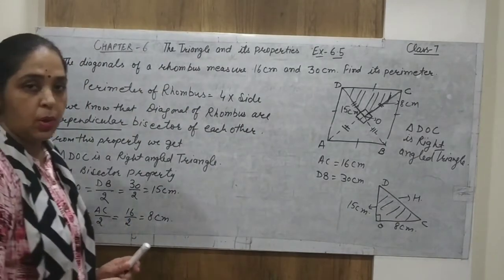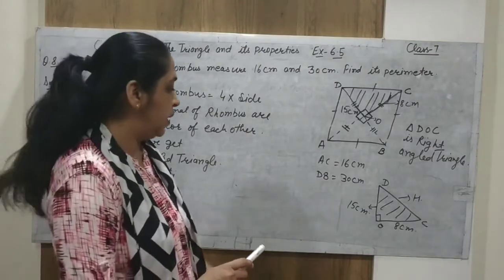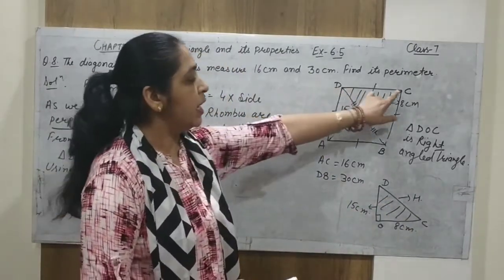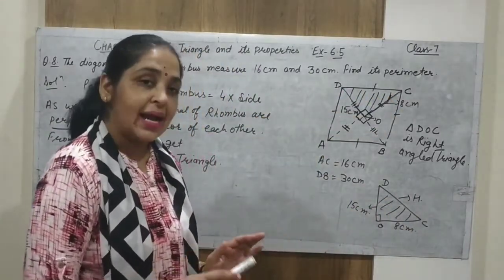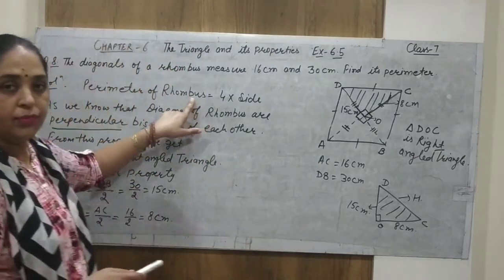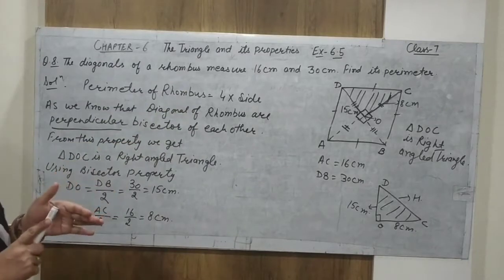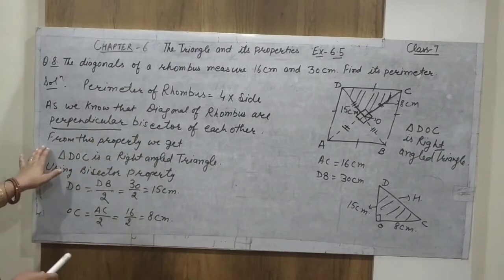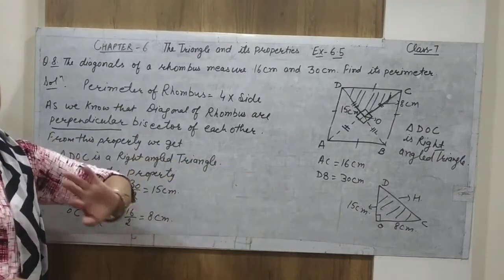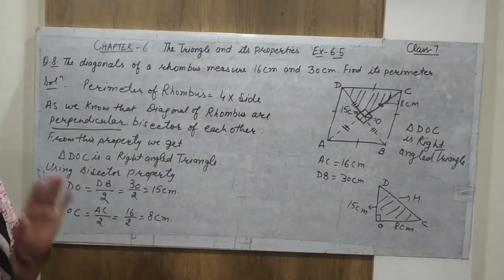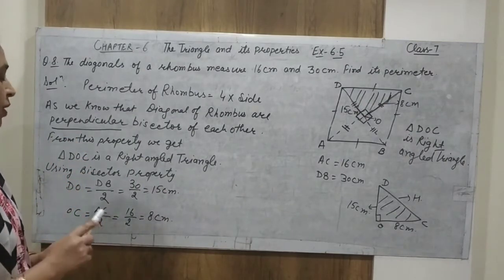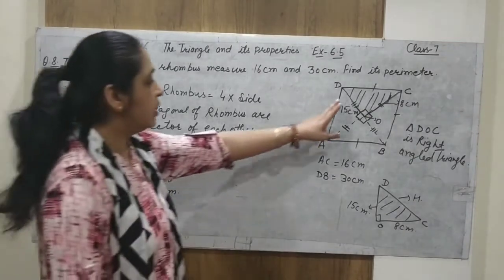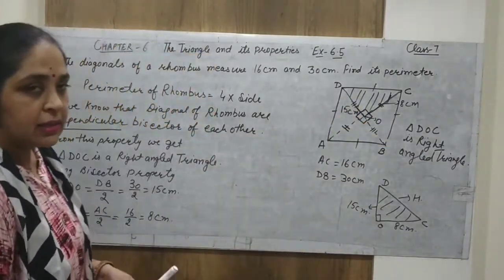Why do we use Pythagoras property? Because by using Pythagoras property we can find out the value of H, and H here acts as the side of the rhombus. By using that length of side, we get the perimeter of the rhombus. So, by using the properties of the diagonal, diagonals are perpendicular and bisector. Perpendicular means all the triangles at the center have a 90 degree angle, so we get the right angle triangle. Using bisector property, we get the length of these sides of a right angle triangle.